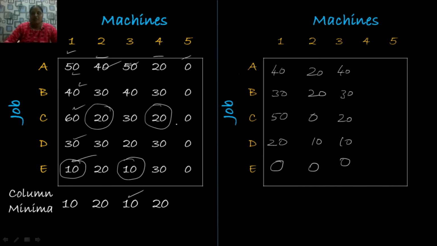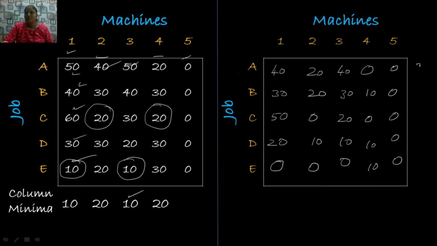And subtract from the fourth column elements 20: you get 20 minus 20, 0, 30 minus 20, that is 10, 20 minus 20, 0, 30 minus 20, 10, 10. And write down the last column elements as they are, since it already has 0 elements. So now each row and each column has at least one 0 element. So now the matrix is ready for making assignment. So as usual, we have to first write down the number of zeros in each column.